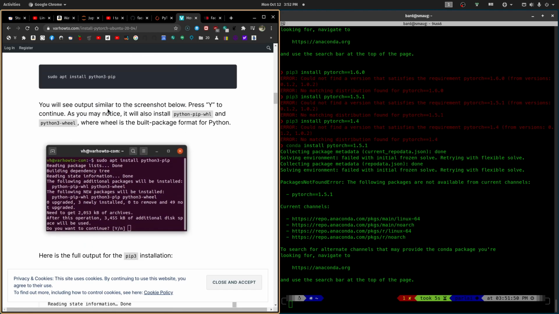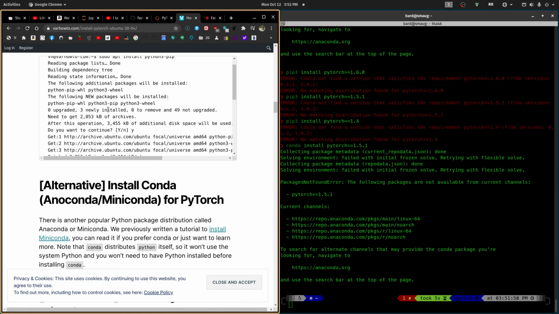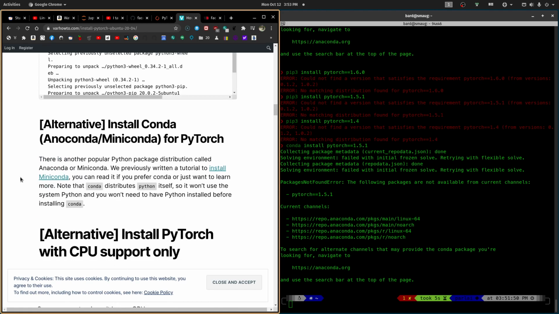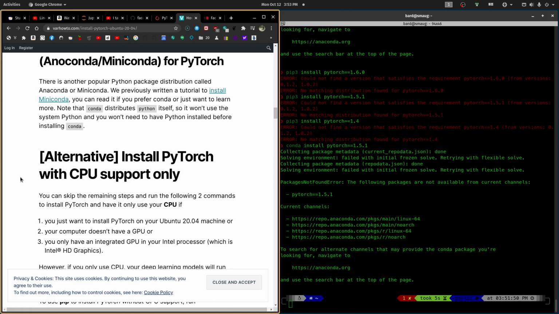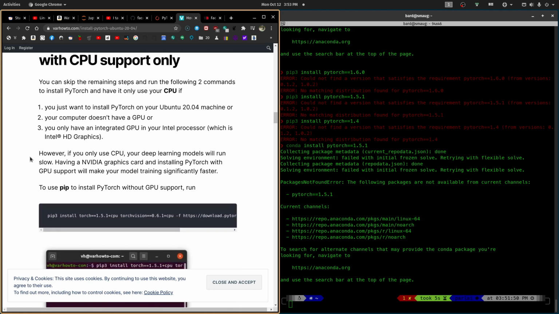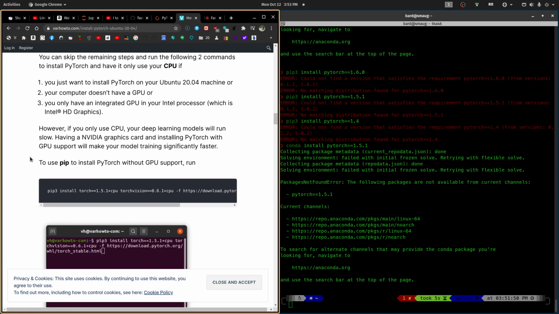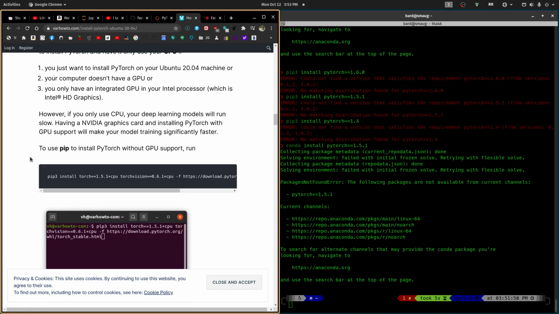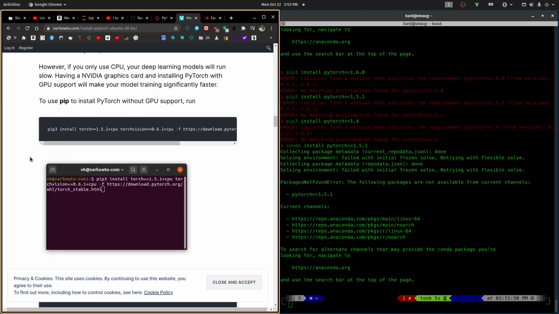So we already have this. This is all done. We've got Conda installed, Miniconda. All right, so I have a GPU, so I would like to have it installed with GPU support.